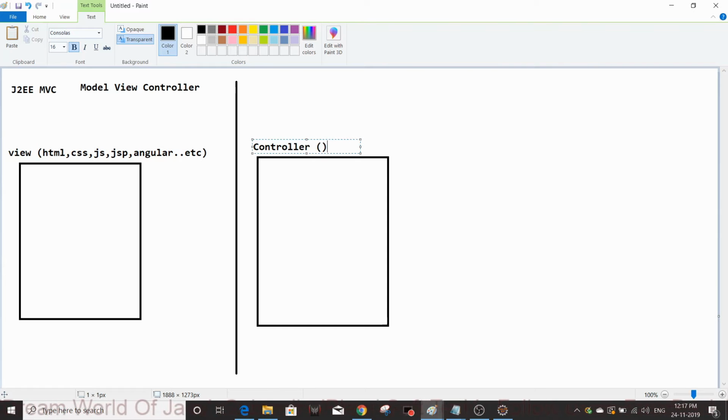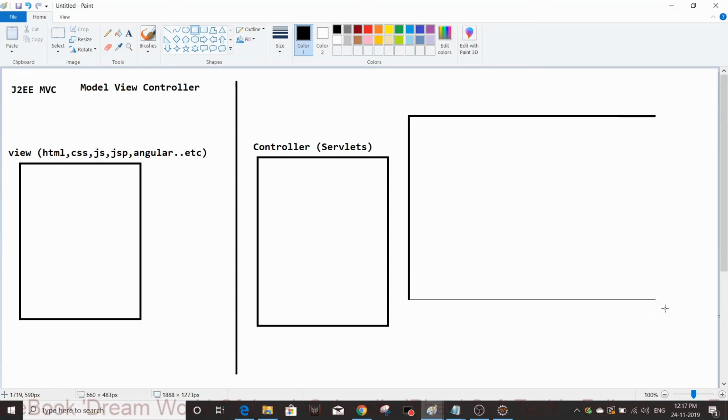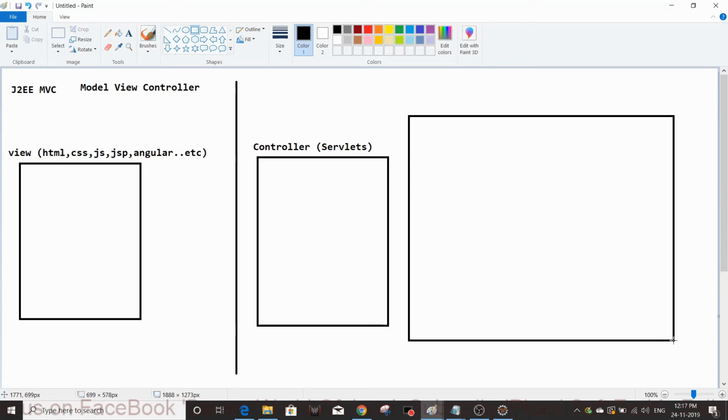For the controller, we are using technologies like servlets. Maximum we go for servlets only. Now the model layer. The model has business data and business logic.